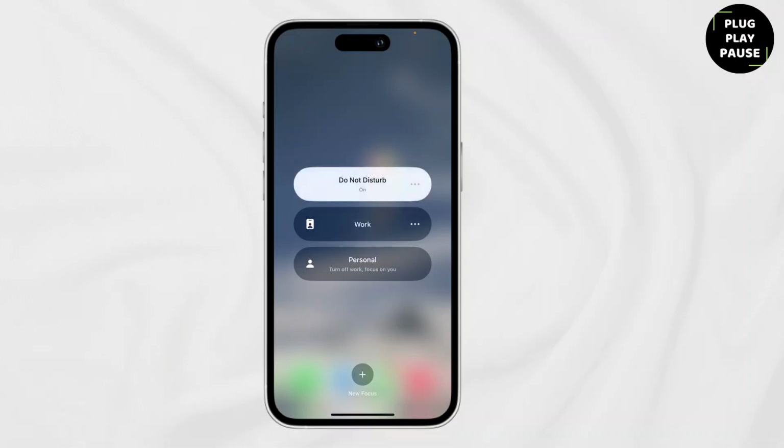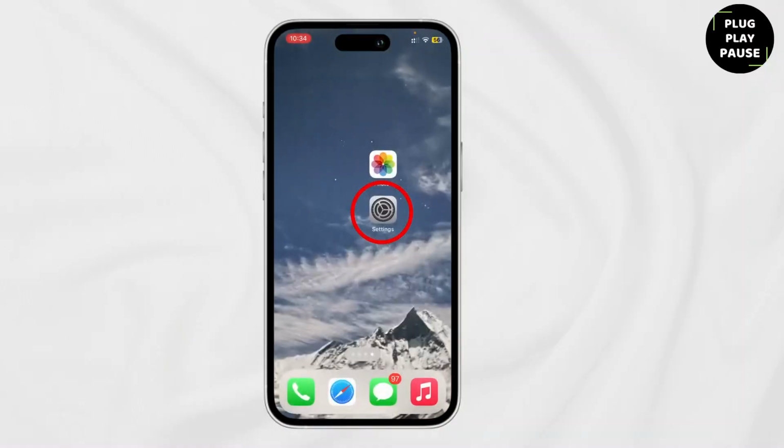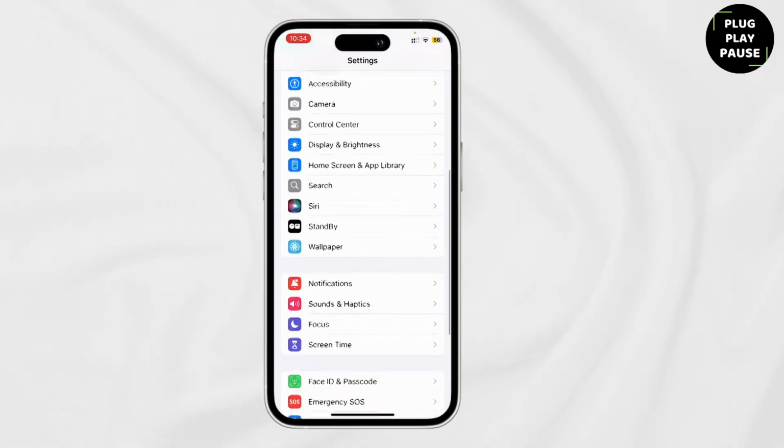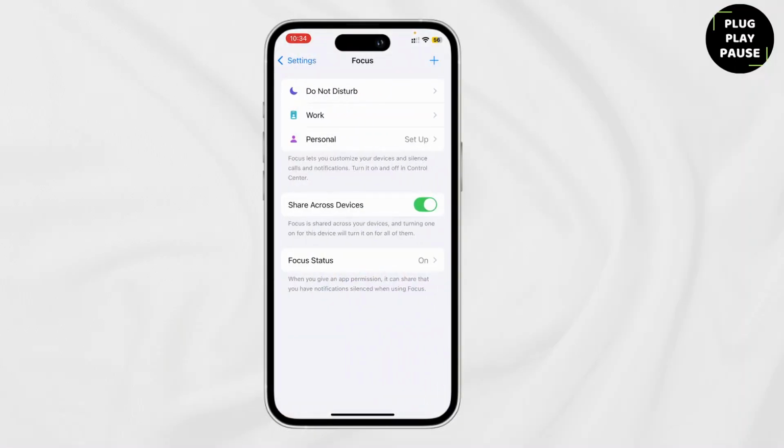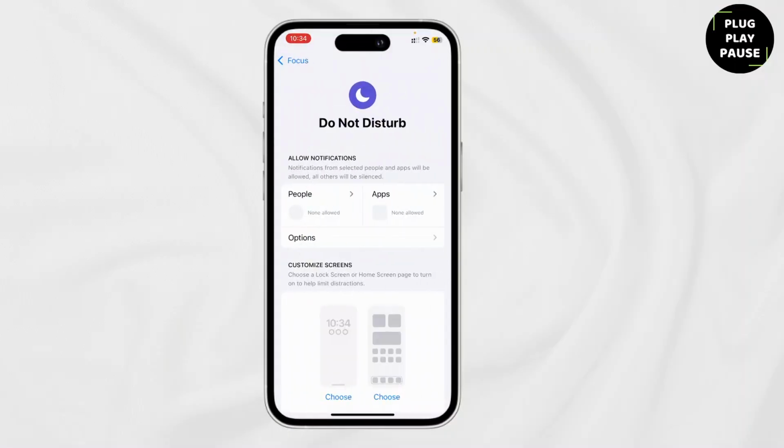However, if this doesn't work for you, then what you can do is go to your Settings and then scroll down and tap on Focus. There you'll find Do Not Disturb settings. Open it. Now you can choose specific apps to silence notifications by tapping on Apps and ticking on